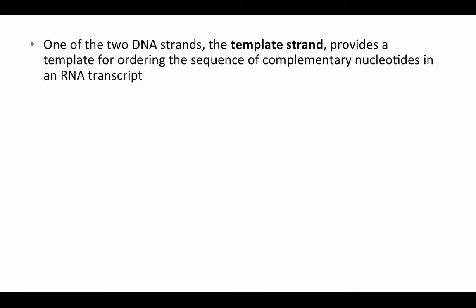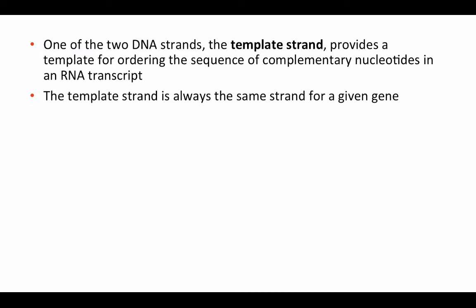So we've got two strands of DNA. How do we know which one is going to be read? So one of the two DNA strands is called the template strand, and that's going to provide the template for ordering the sequence of complementary nucleotides in an RNA transcript. So that is the strand that's actually going to complementary base pair with the RNA to create that RNA transcript. So the template strand is always going to be the same strand for a given gene. That doesn't mean that the other strand is never transcribed. For some other gene, it might be the other strand,